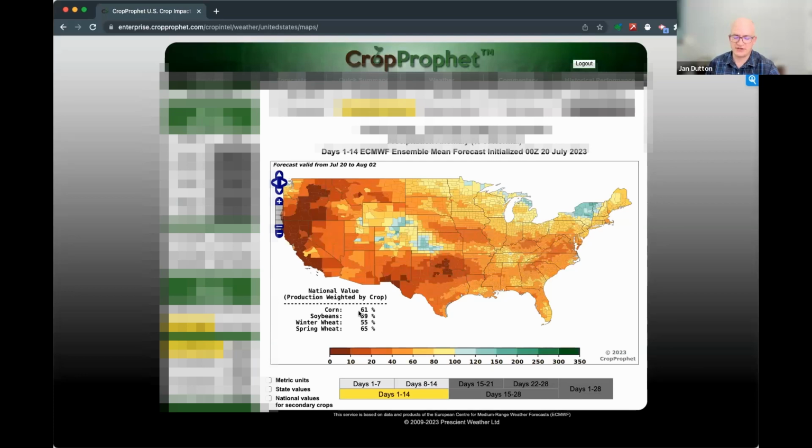So we had a very dry spring and a dry early summer. We had a few weeks of rain, and now it looks like it's turning dry again. So certainly the outcomes for the year are still up in the air, and a product like CropProphet will help ameliorate any biases that may exist in the estimation of final crop yields.